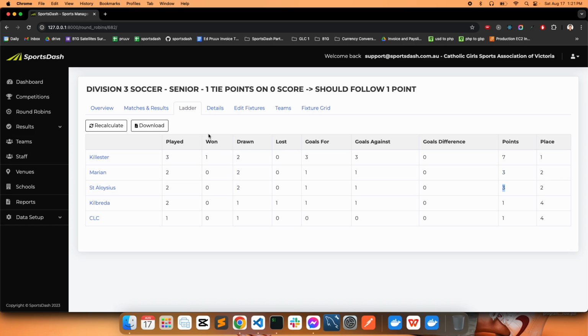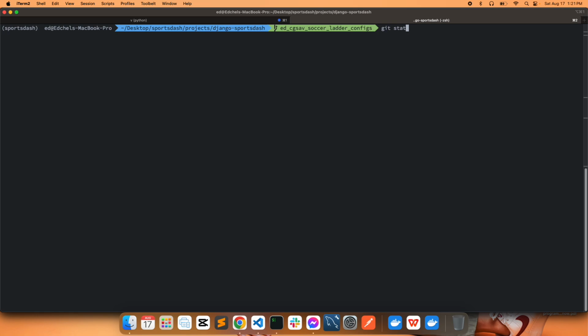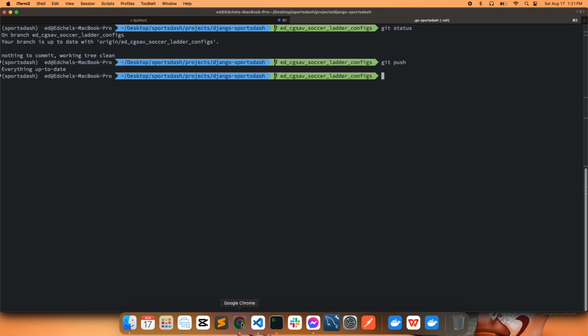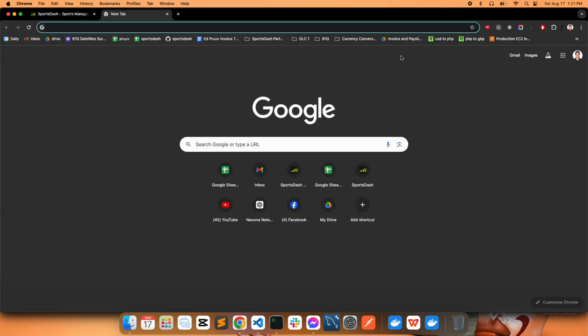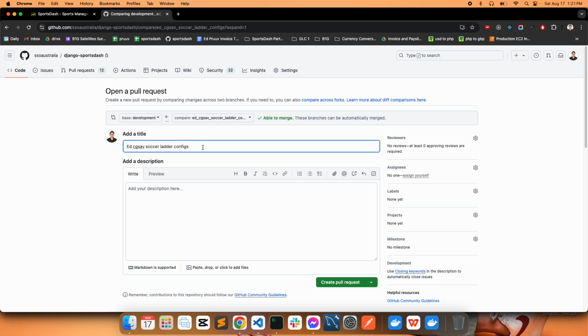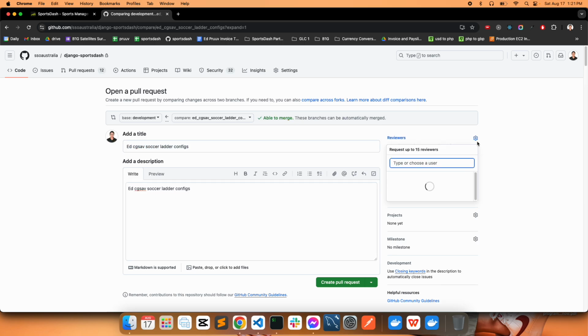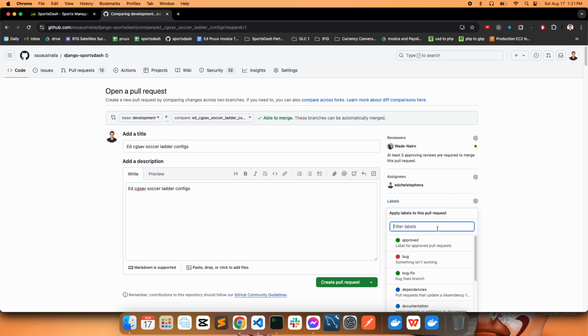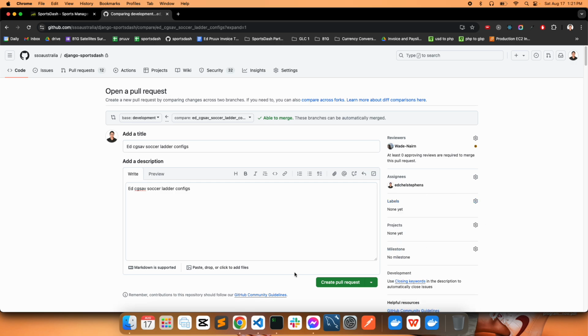So after that, you create a pull request. Make sure that git status, everything is pushed. Just push it one last time. So once you have done that, then you have to create a pull request. Assign people as reviewers, so I assign it to Wade, you can assign it to me. And then